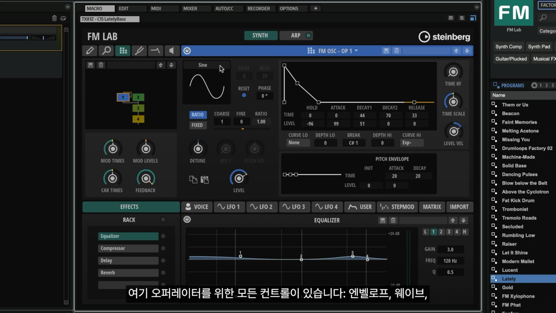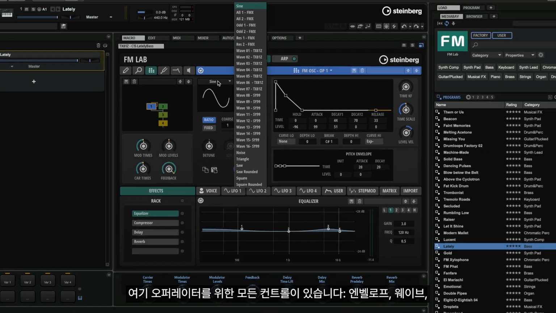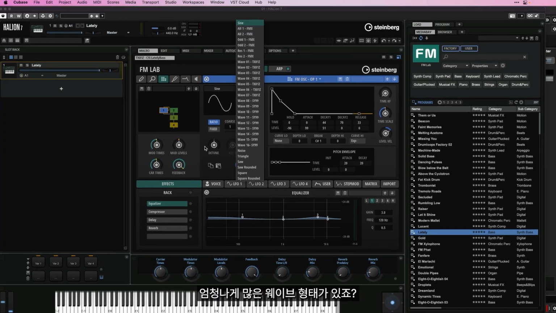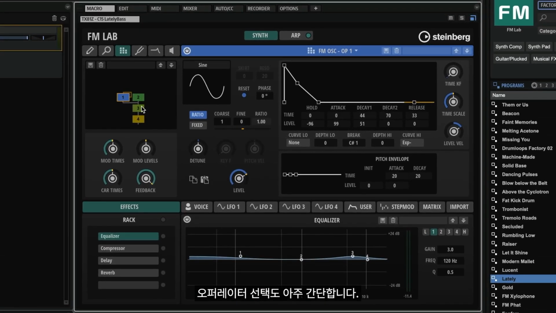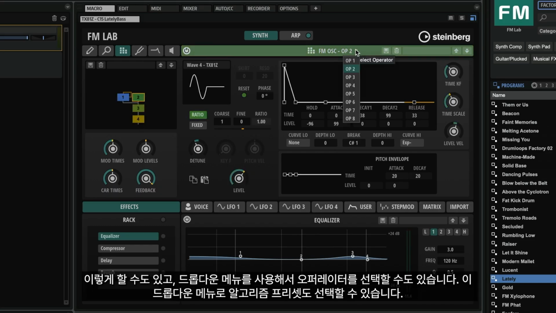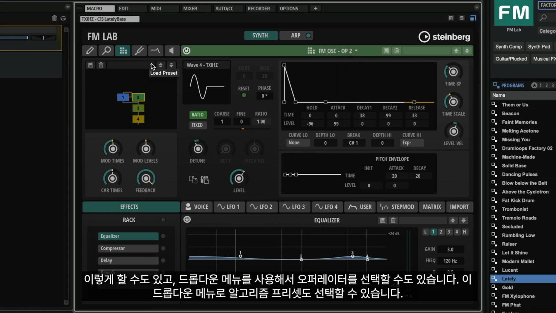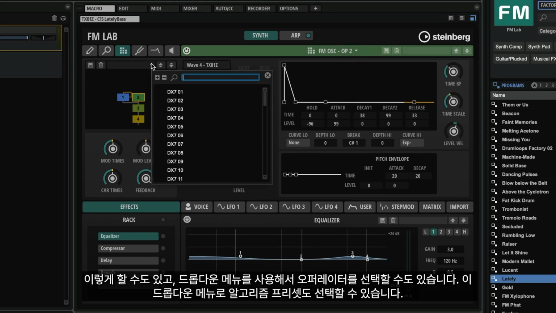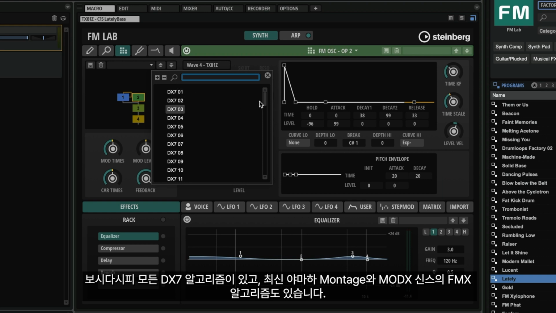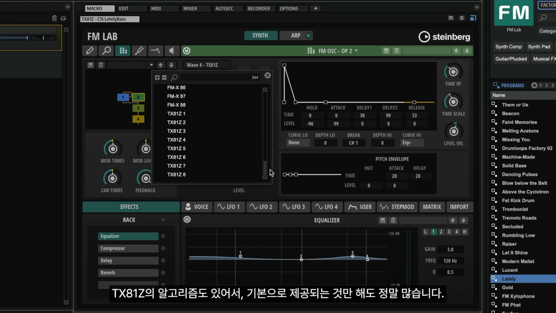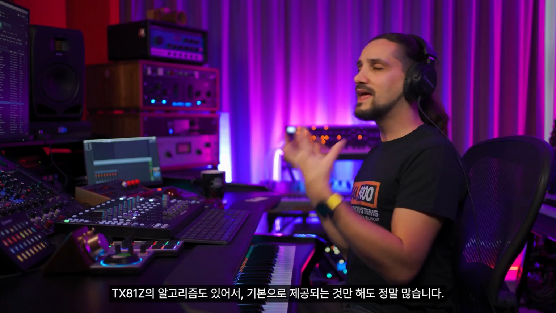So what we have here is all the controls for our operators. So our envelopes, our waves, we have a large number of waves, our pitch envelope, and we can select our operators like this. Very, very simply, I can go like this, or I can use the drop-down menu to select my operator. We can also use this drop-down menu to select an algorithm preset, and as you can see, we have all the DX7 algorithms, but we also have the FMX algorithms that come from the modern Yamaha Montage and MODX synths. We also have algorithms from the TX81Z, so lots of stuff to play with straight out of the